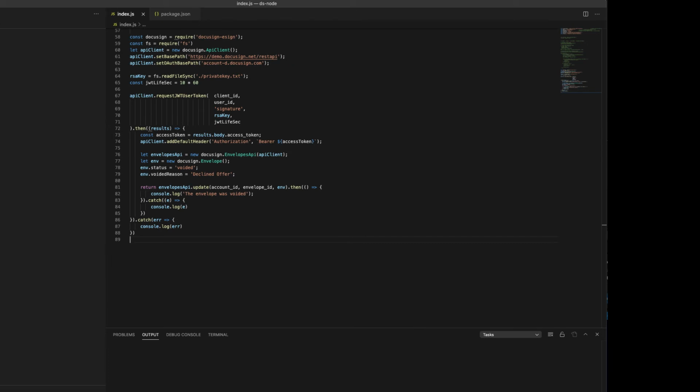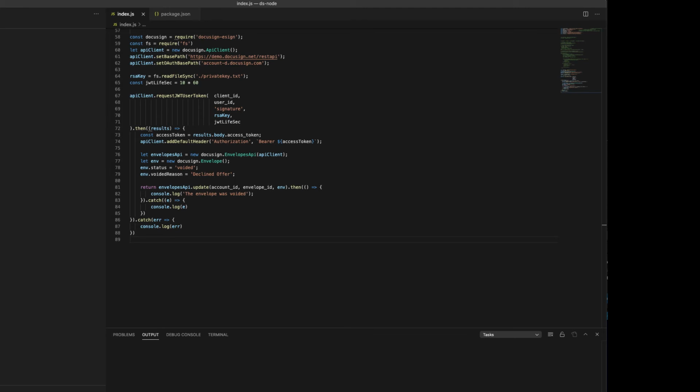Alright, let's look at how your code would look after migration to OAuth 2.0 authentication. There are a couple of notable differences that we'll discuss here. First, we're using a JWT auth grant flow here. This is the easiest way to migrate your code away from legacy auth. If the account user is not present, or the web browser can't be redirected, then the legacy auth should be updated to the JWT grant.